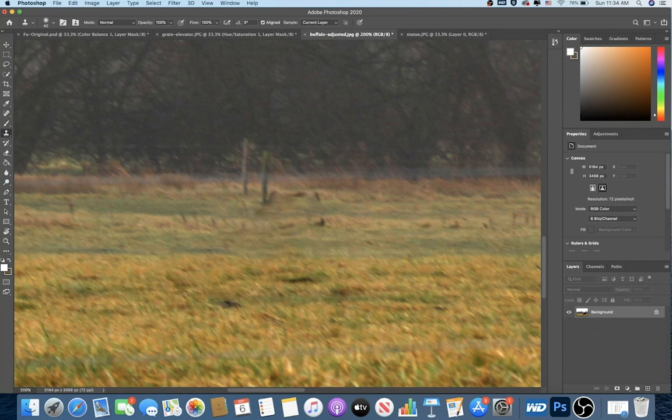So we can do multiple samples, and sometimes this takes some practice to get used to, sampling over here, giving it just a couple clicks around just to hide it. This is really good for background stuff where there's not a lot of detail. You can be a little bit more artistic or painterly. It doesn't need to look exactly convincing. The human eye is never going to notice that there was something painted out here if we